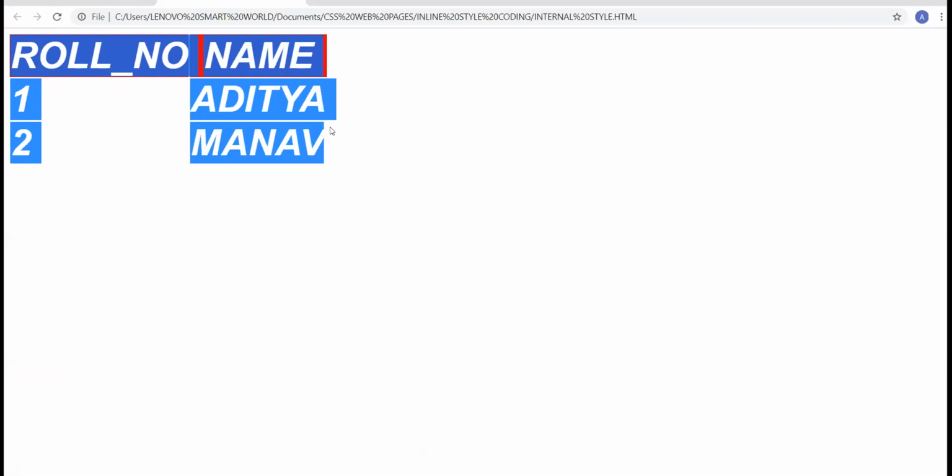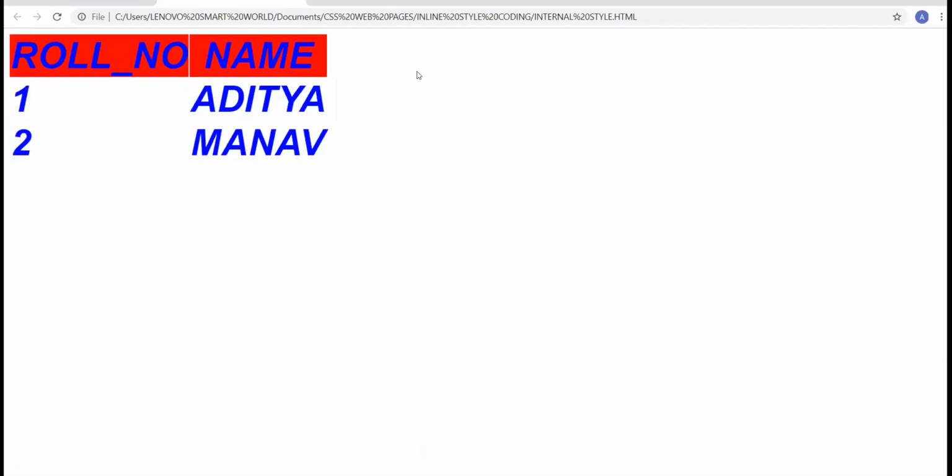The data of the entire table is blue in color. Right? Am I thoroughly clear? Only one thumb is raised. All right.